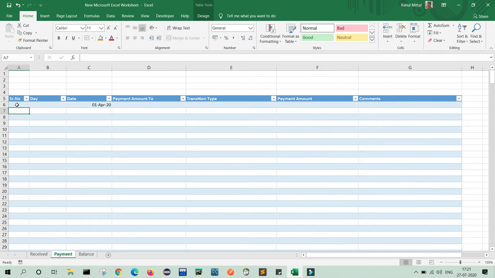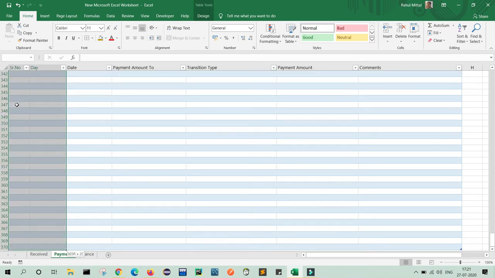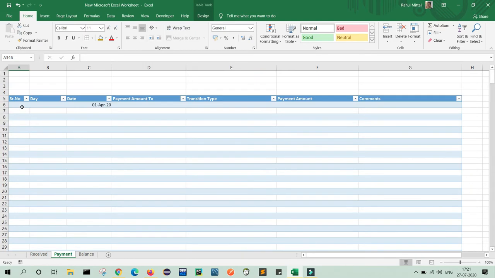Make some alignment, so you can see as much alignment as you can give.